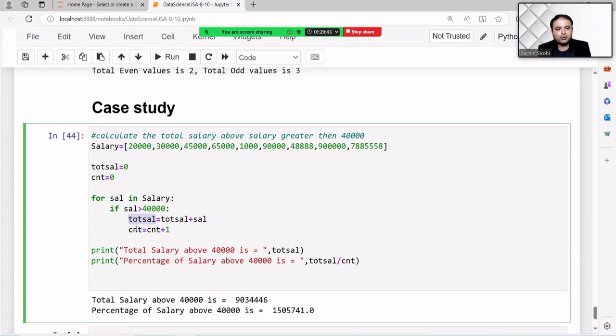And I also want to count how many salaries we total, like 2, 3, 4, 5 employees, how many. That is the reason we are counting. So from the incrementation point of view, I have defined a particular variable named CNT. CNT starts from 0, then 1, 2, 3. However many values there are, it will automatically change the value.